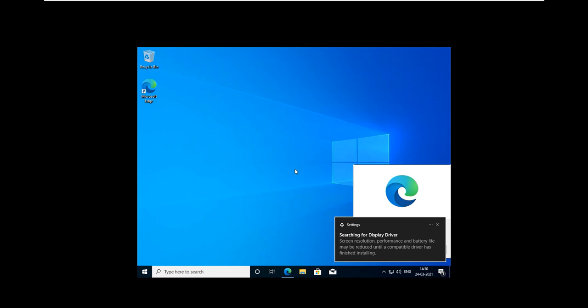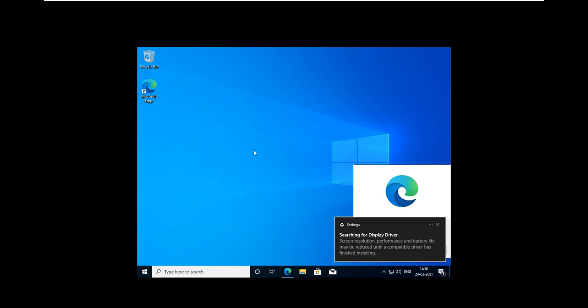In a real machine, you have to have the proper driver for your display, your sound, your network. Otherwise, these devices will not work. We will see how we can fix that. But here, because it is a virtual machine, these display, sound, network, all devices are virtual. So in VMware, we have a feature called VMware Tools. After installing VMware Tools, the drivers for the virtual machine will be installed.